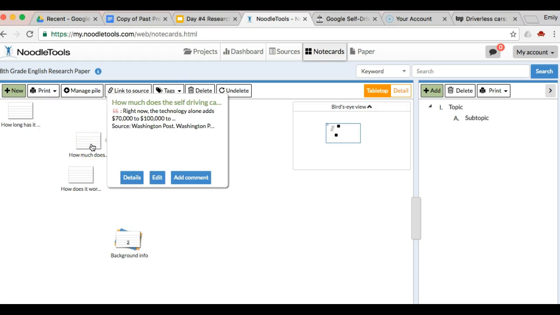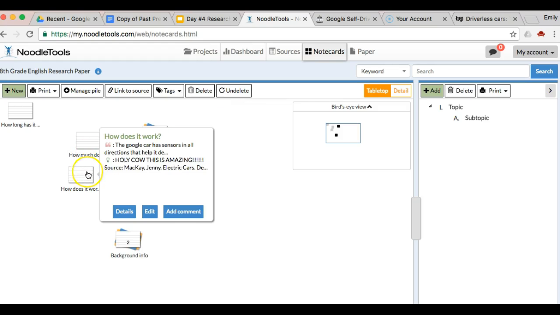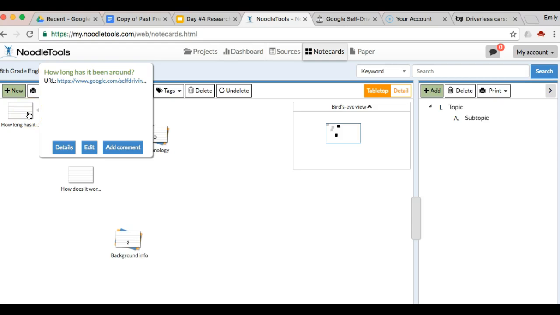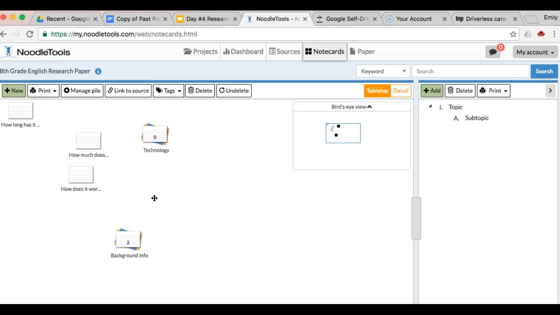How much does it cost? Here's that card I just made. I still have the how does it work card. I have how long has it been around. So I'm starting to gather quite a bit of good information that I'm going to be using in my actual research paper. So again, before I let you guys go today, I'm going to remind you for every news source,